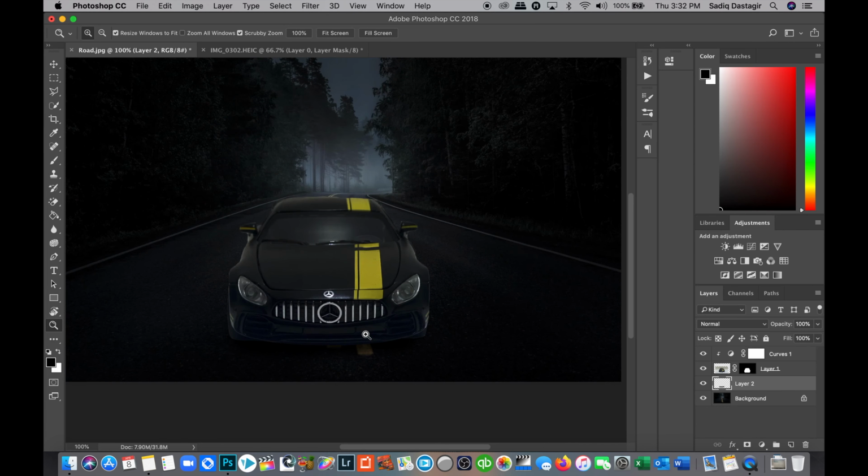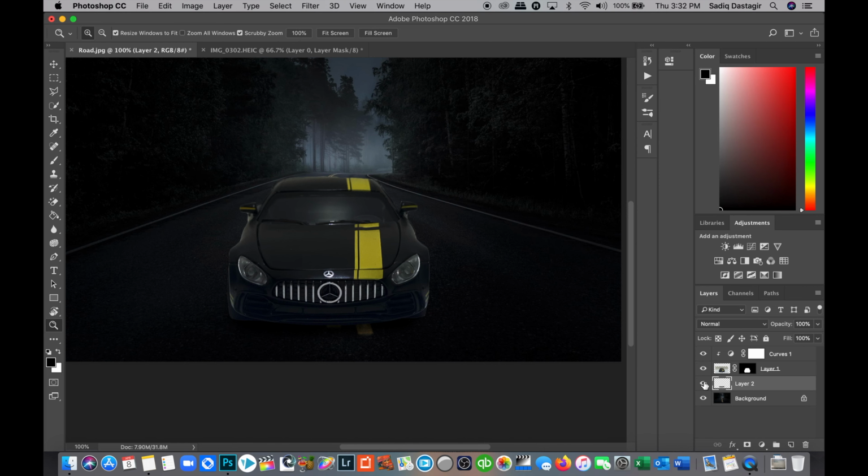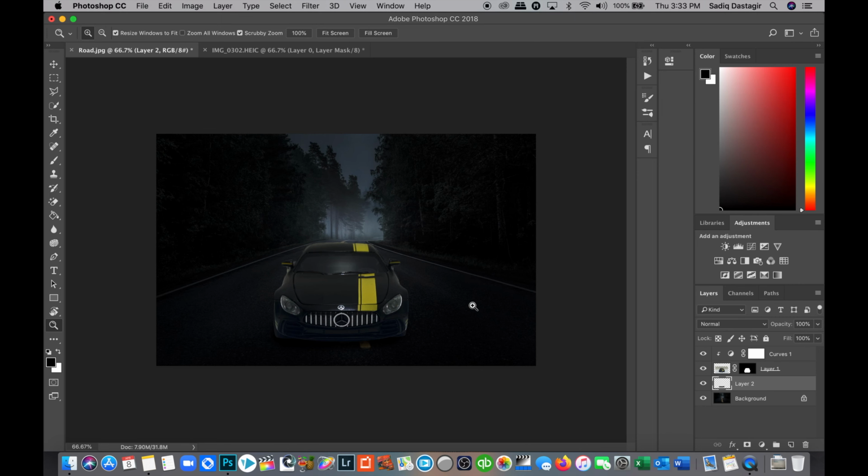So if we zoom in, you can see if I deselect this layer or make it invisible, the shadow is gone, and here we have a shadow. So it is looking good now. The car is having a shadow. It is not looking as if it is floating in the air as it was looking earlier. A little bit more shadow. Yeah, the car is a heavy object and it does tend to cast a lot of shadow, and this looks just fine. So far it is looking good.